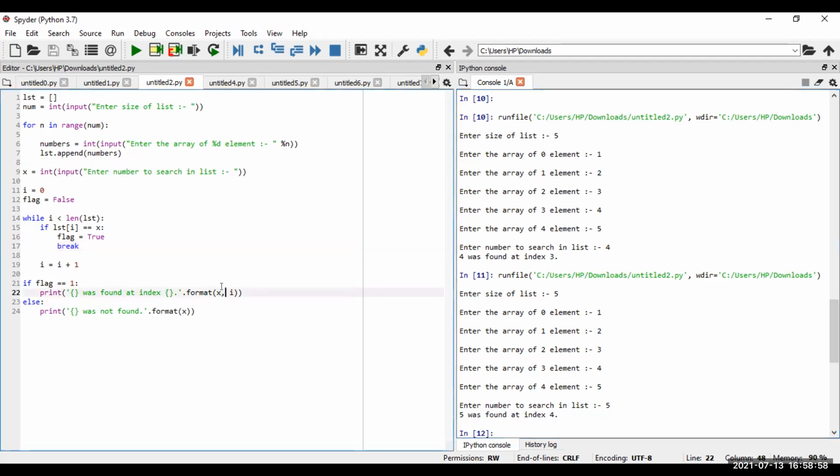So this is the logic we can use without a function. Here we are not using any type of function. We are just using simple logic: a while condition, a flag value and a break condition. The code may be one or two lines extra. Otherwise, we can make it with the function or without the function also.